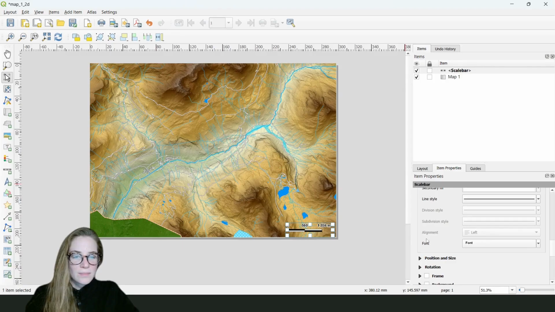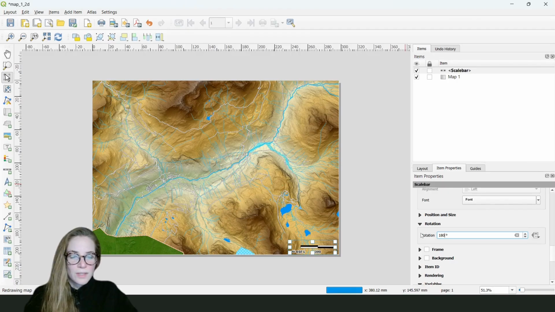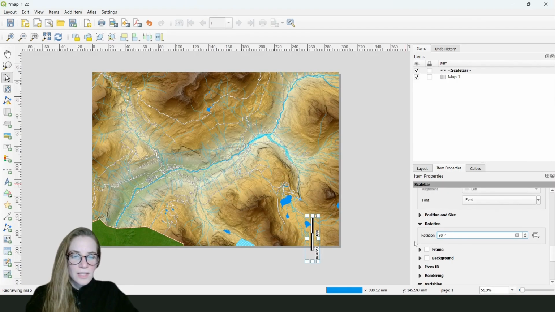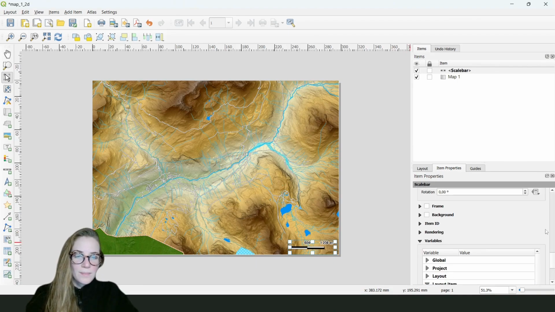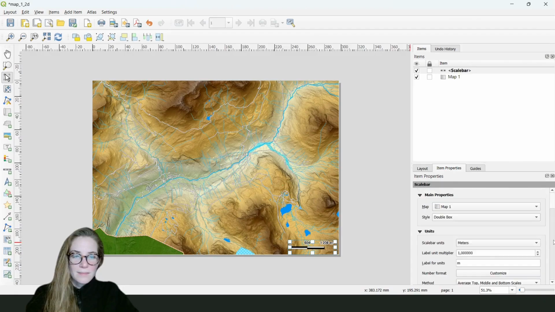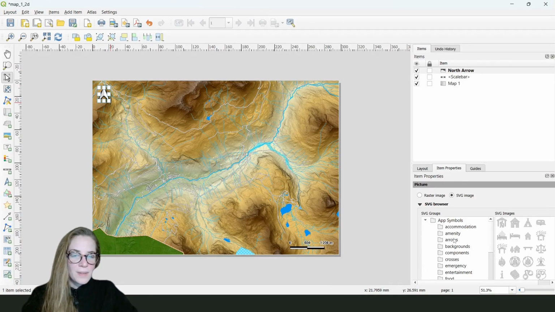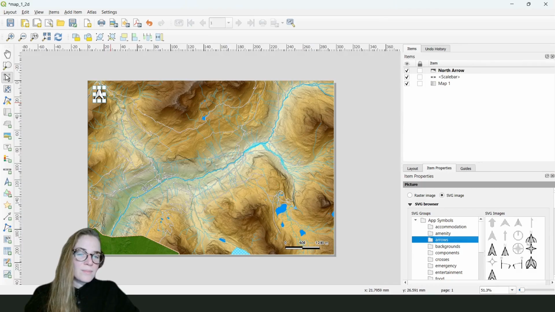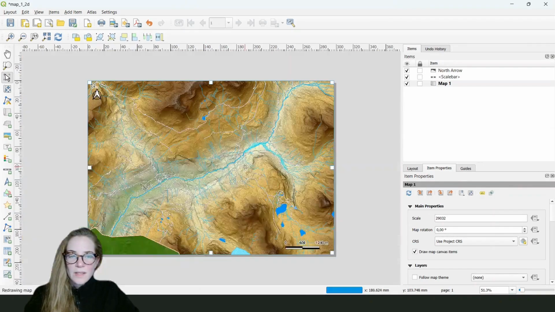So here you can of course add a rotation on it, so if you want to change the orientation of your map, you could do this. If you want to add north arrow, you can click here and you can drop it. So I often choose this one, so it's like you want. That's here. Of course you can add a legend, so